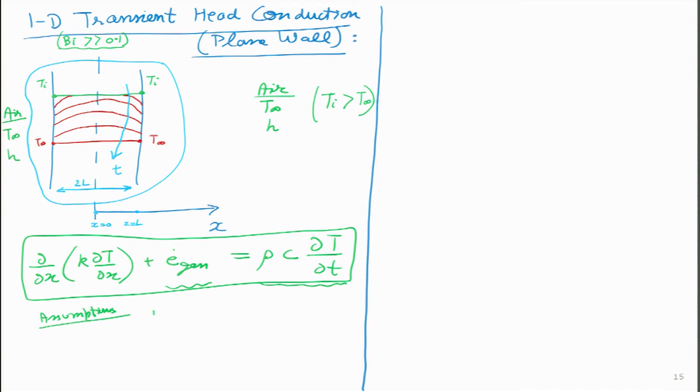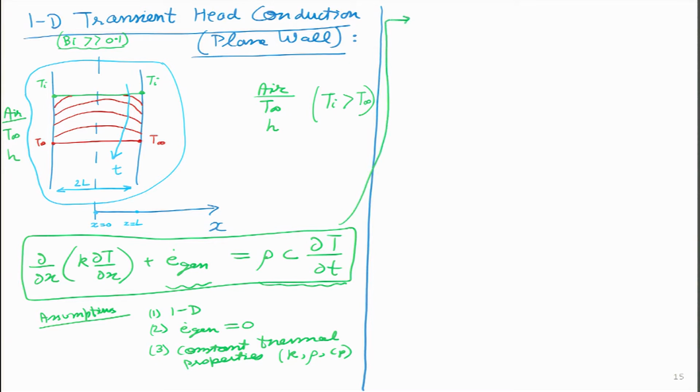The first assumption I am going to apply is that it is a one dimensional equation. Second, I will assume that there is no energy generation taking place, and the third condition that I will apply is that there are constant thermal properties. In other words, I am going to assume that the variation in temperature for K, rho, Cp, etc. is very negligible. So, if I apply these three assumptions, can I simplify this equation a little bit more? The answer is yes, because the K will actually come out of the differential equation.